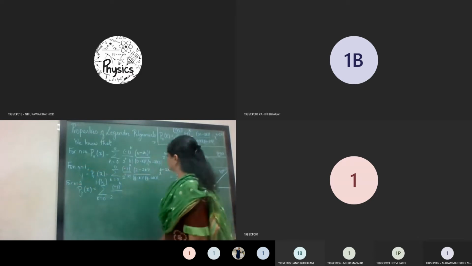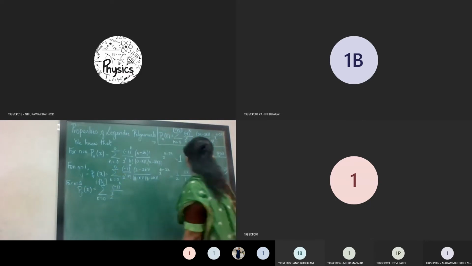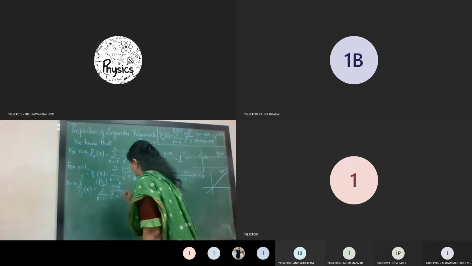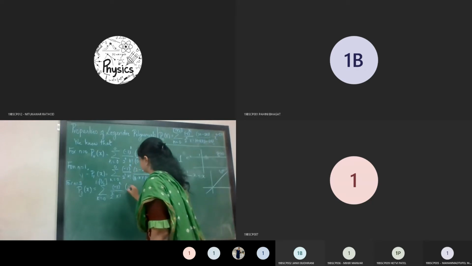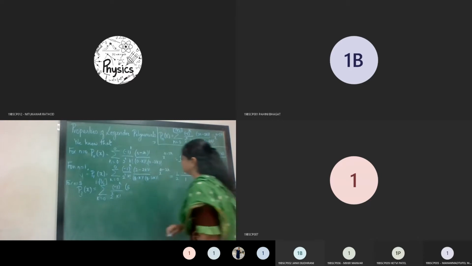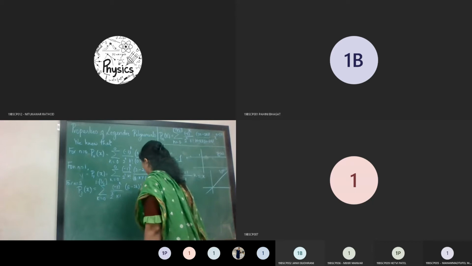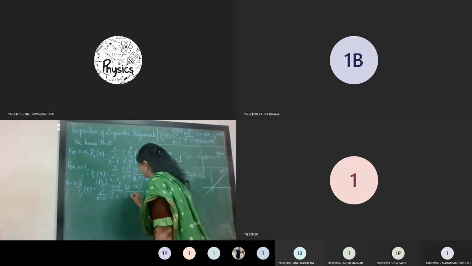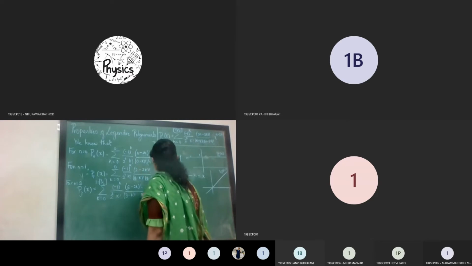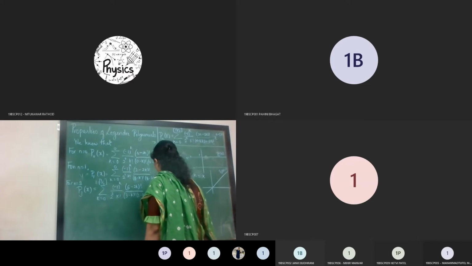So for n is equal to 3, let me now substitute all these values. So 2 raised to n is equal to 3, so here 2 cube into k factorial, 2n, so n is 3, so it is 6 factorial. I am directly writing 6 minus 2k factorial. In the denominator, n is equal to 3, so 3 minus k factorial, 3 minus 2k factorial into x raised to 3 minus 2k.